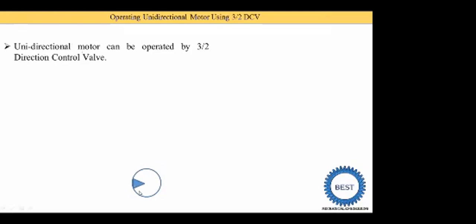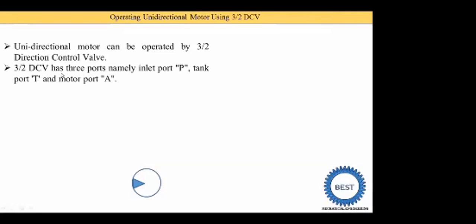Now inside this motor, one triangle is provided and the apex of the triangle is inside. And suppose there is a pump, then this apex is on the periphery. So when I show you this complete image, at that time you will understand the difference between the motor and the pump symbols. Now 3x2 DCV has 3 ports. The first digit in any directional control valve indicates the number of ports, and the second digit, 2, indicates that 2 positions are possible.